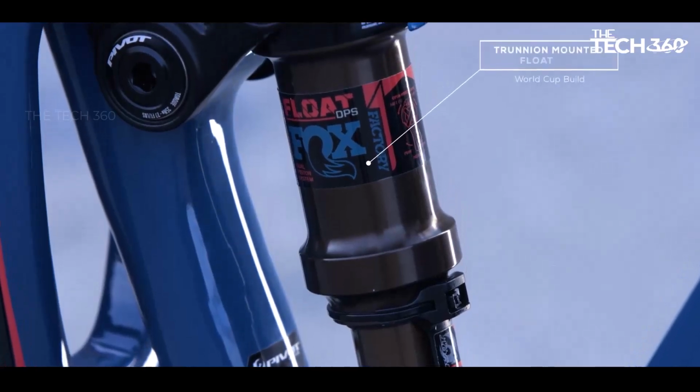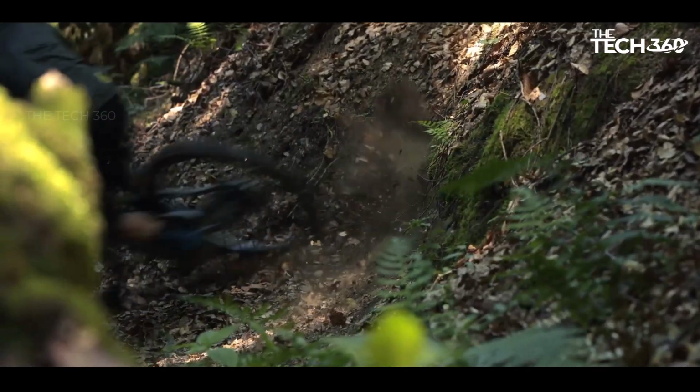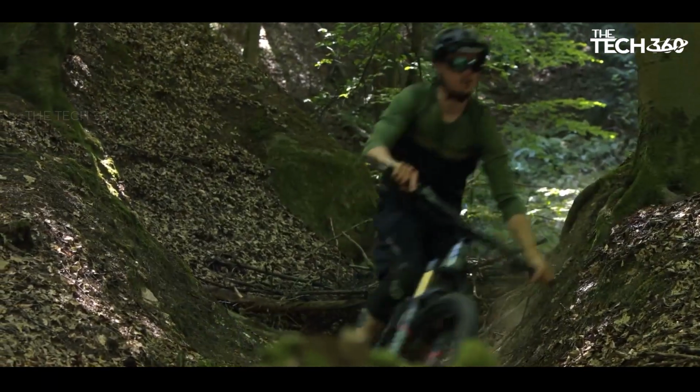Progressive trail geometry and customization. Pivot Shuttle SL Pro features progressive trail geometry,